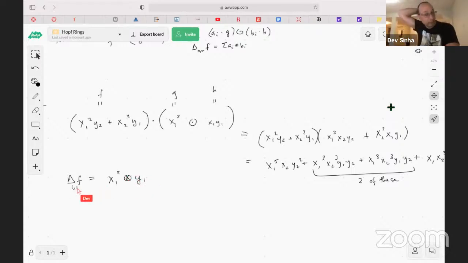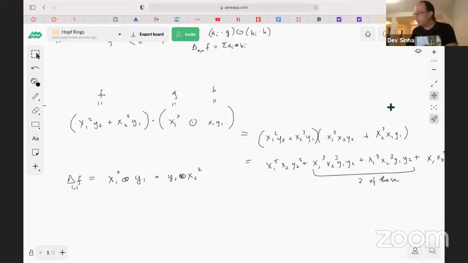We only have one set of variables in each g and h, and so even though f has two sets of variables, we restrict to pairs of one set of variables, and of course the invariance is easy to see. It's trivial. But then we also have y1 tensor x2 squared. Okay,